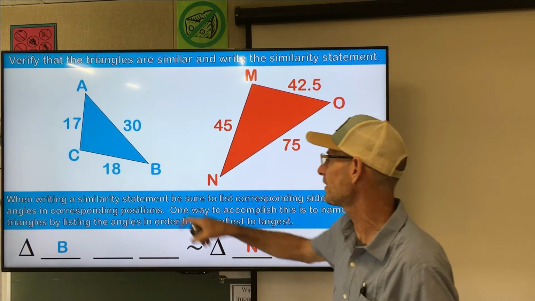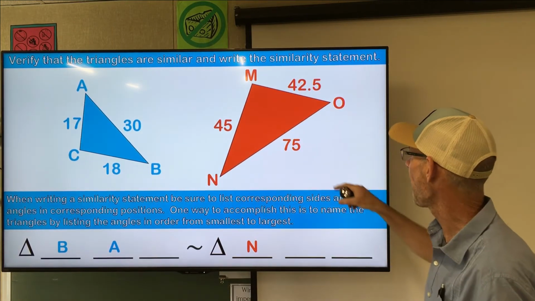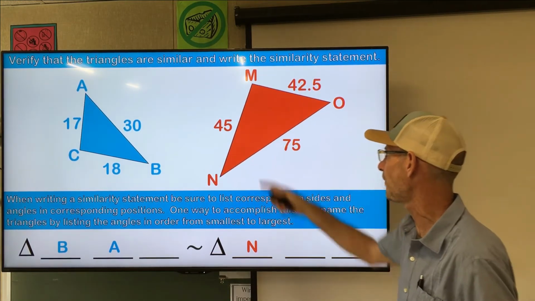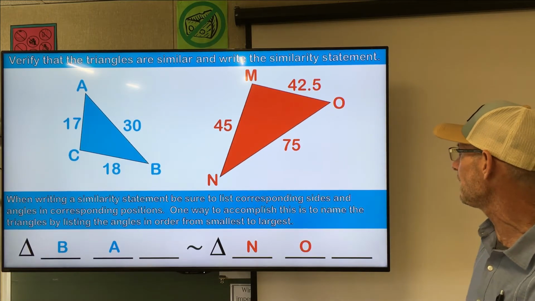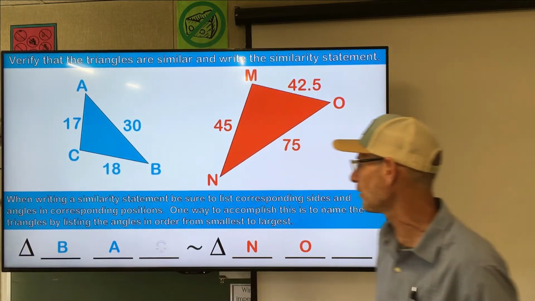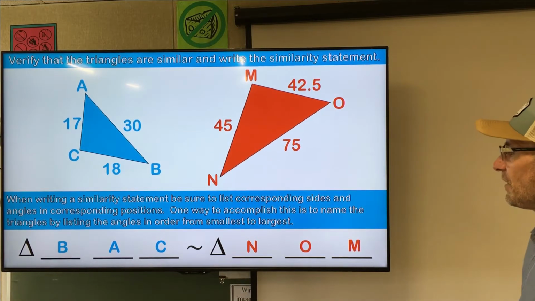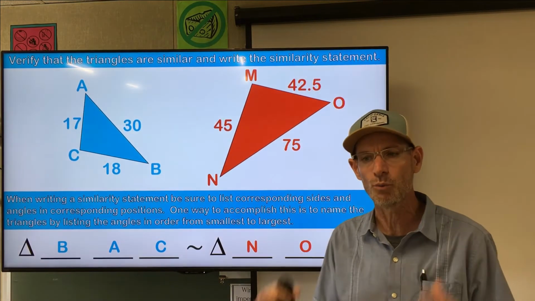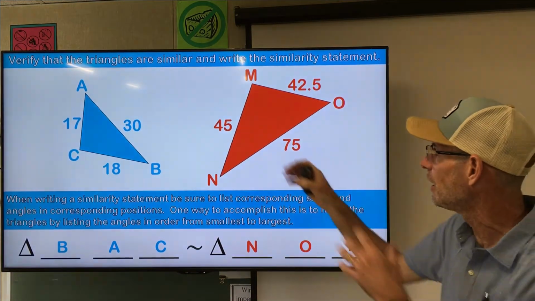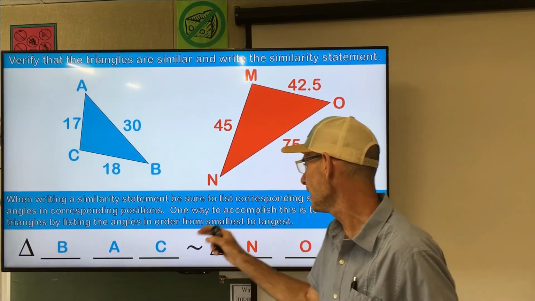Over here, the medium-sized side is 18, so A is the medium-sized angle, and the medium-sized side is 45, so O is the medium-sized angle. And then the largest angle is across from the 30, that's angle C, and that corresponds to the angle that's across from 75, which is M. So one correct way to write the similarity statement for the red and blue triangles is triangle BAC is similar